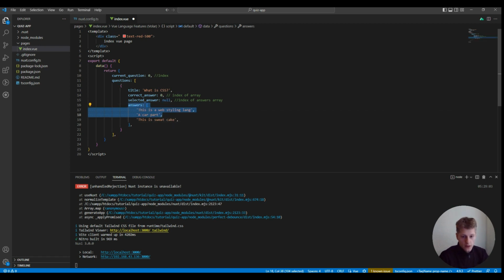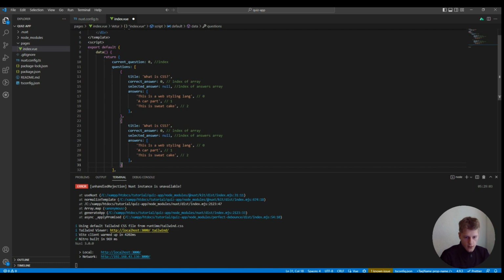Of answers, and the correct answer is 0. That means this first value, because the first value of an array is 0. I will show you in this place. This is 1 and this is 2, and we can add as many answers as we want. Okay, now we can add more questions to our quiz application just by copying a question object like that, and